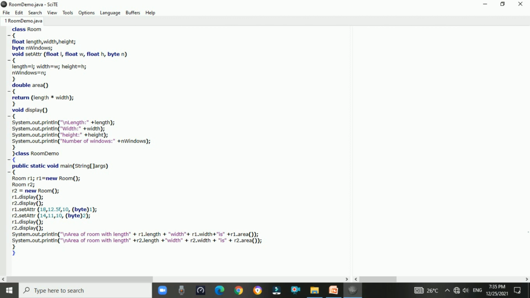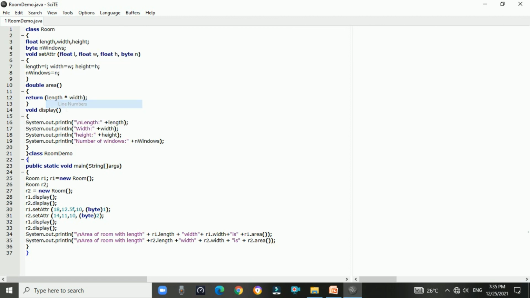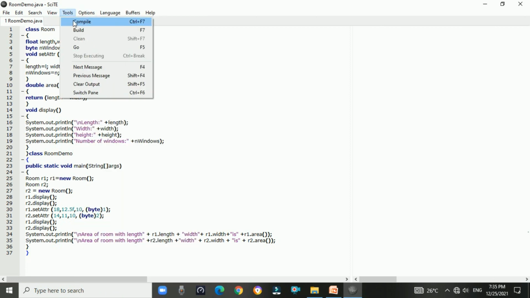So the file is saved. Then we compile this file. Before that, if you want line numbers, go to the View option and click on line numbers, and it will display line numbers. After that go to the Tools option and compile this file.